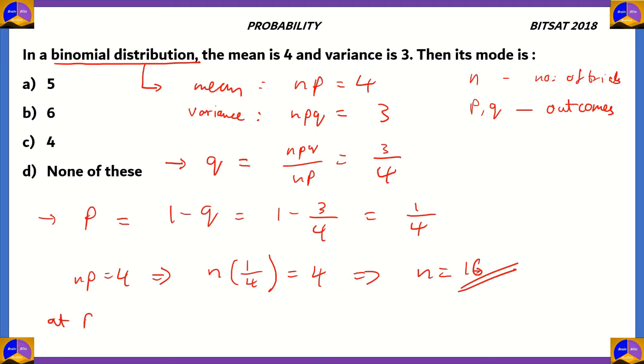So at P of x equals r, if the function is at its maximum value, then r is the mode of the function. It's the mode of the function. So let's find out the conditions for mode in the binomial distribution. So in binomial distribution,